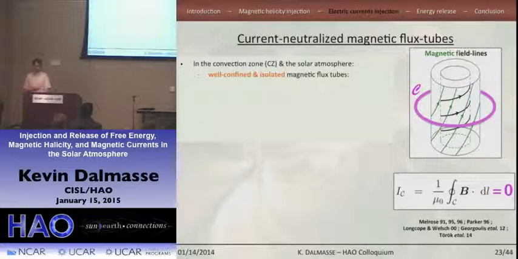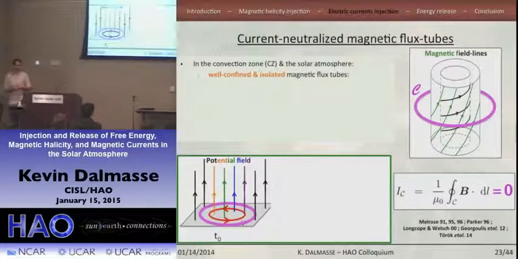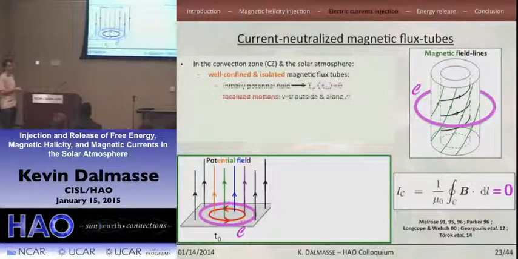We can explain this as follows. Let's consider a potential vertical magnetic field between two parallel plates. So I drew a contour C again. The magnetic field being potential, the total electric current enclosed by C vanishes. Now, let's apply photospheric motions to the field line foot points inside of C so as to create a twisted, confined flux tube in this region. The velocity field is null along C and outside of C.